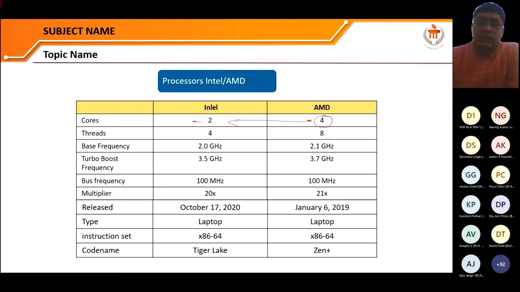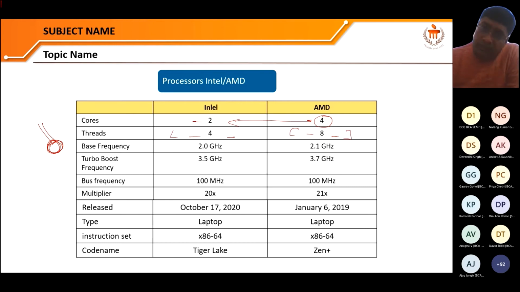And what are the cores? Cores are for management. If there are some processors, the processor's working mechanism is managed by the cores. Here are the threads, 4 threads. Here are 8 threads. What are the threads? Threads are small programs. These are run by the kernel, and the kernel is a part of the CPU. So here we have only 4 threads. Here we have 8 threads. It means it has greater performance ability.